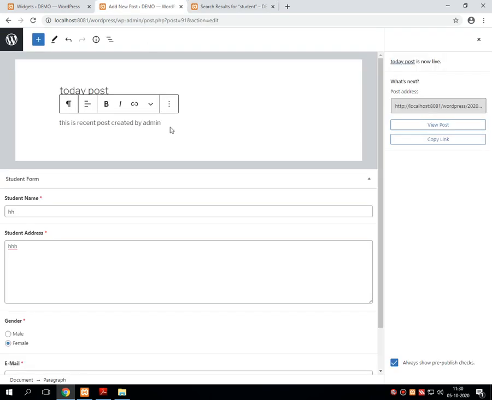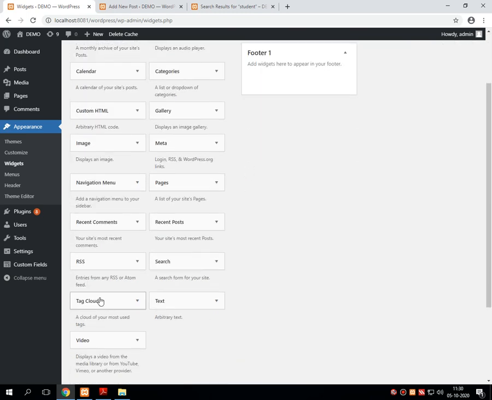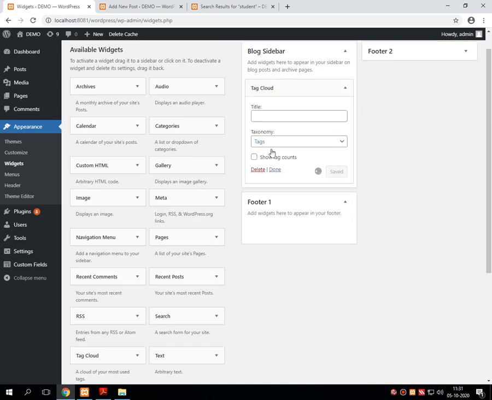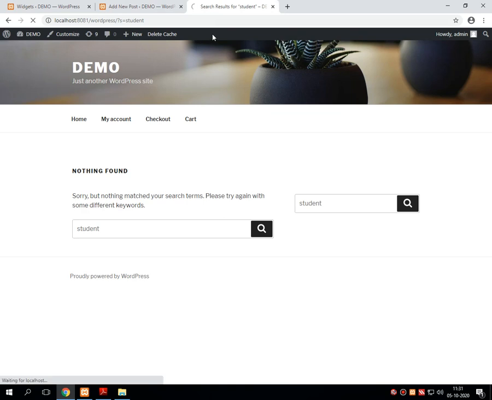Next one is tag cloud. So let me remove this search and I am putting this tag cloud over here. Just press done. Press refresh.